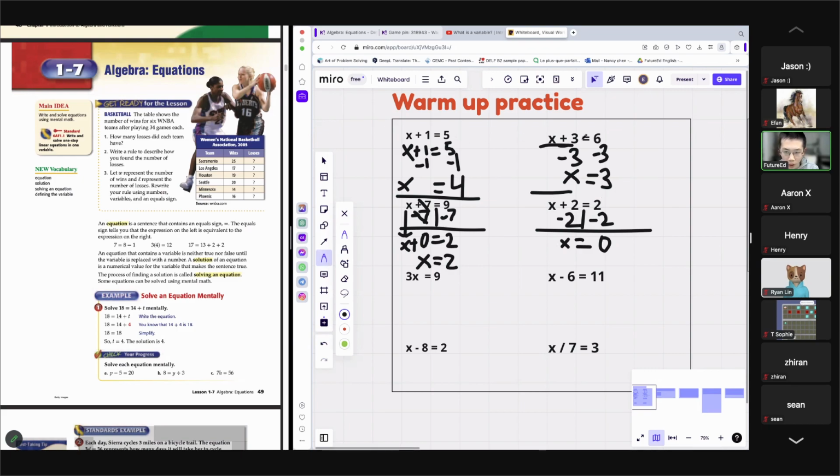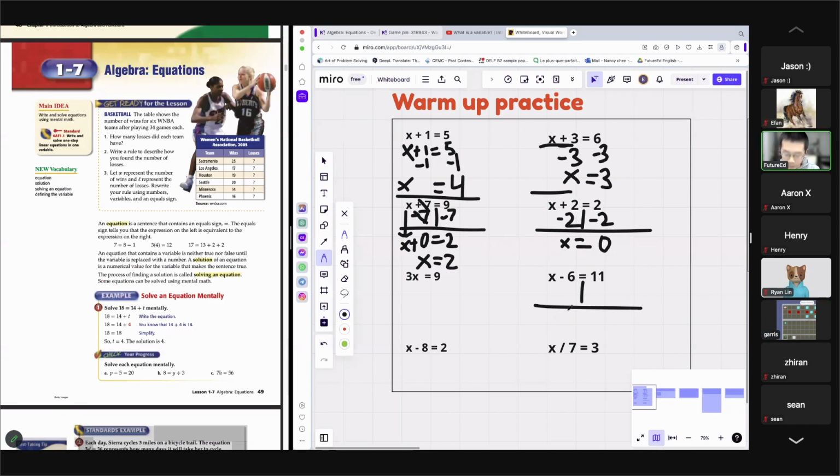So we've done lots of addition problems, and instead of doing this one, let's try this one first. Let's try the x minus 6 equals 11 first. Is it Sophie? Would you like to try x minus 6 equals 11? So what will be our first step? Oh, wait. I forgot to change my name. No problem, Garrus. So it's Garrus, right? You're not Sophie? Yeah, I'm not. Okay. So Garrus,